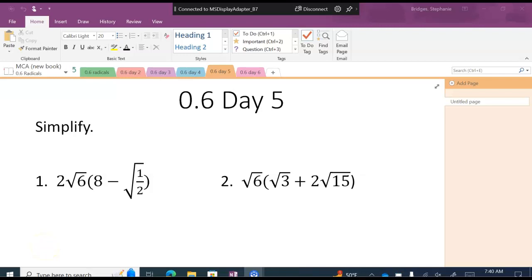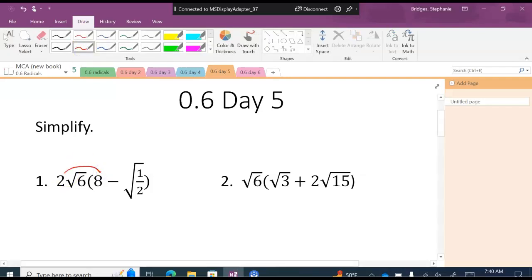All right, so on these, the first couple, I have a radical in front of my parentheses, and then I have a binomial inside. And so anytime you have a number on the outside of the parentheses, what do you do with it? You multiply, you distribute it, right? So we're going to start, and we're going to multiply 2 square roots of 6